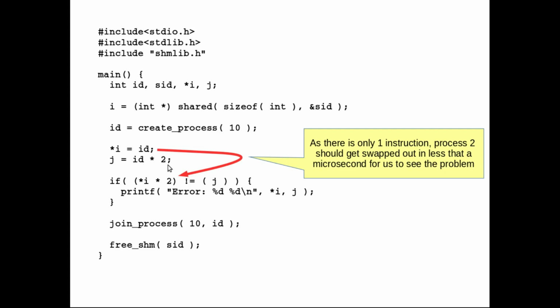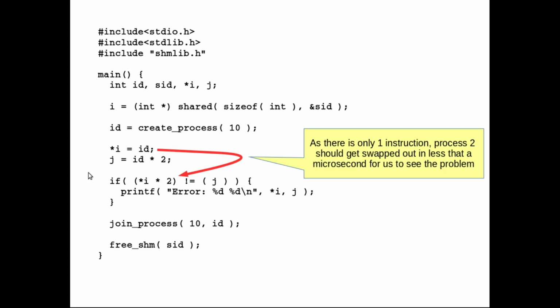So only if process 5 gets scheduled within this 1 microsecond will we be able to see the problem. So it may be very unlikely that we will actually see the error when we run the program. So maybe if we run the program many number of times, after many executions, we may once see the error, because process 5 should get scheduled